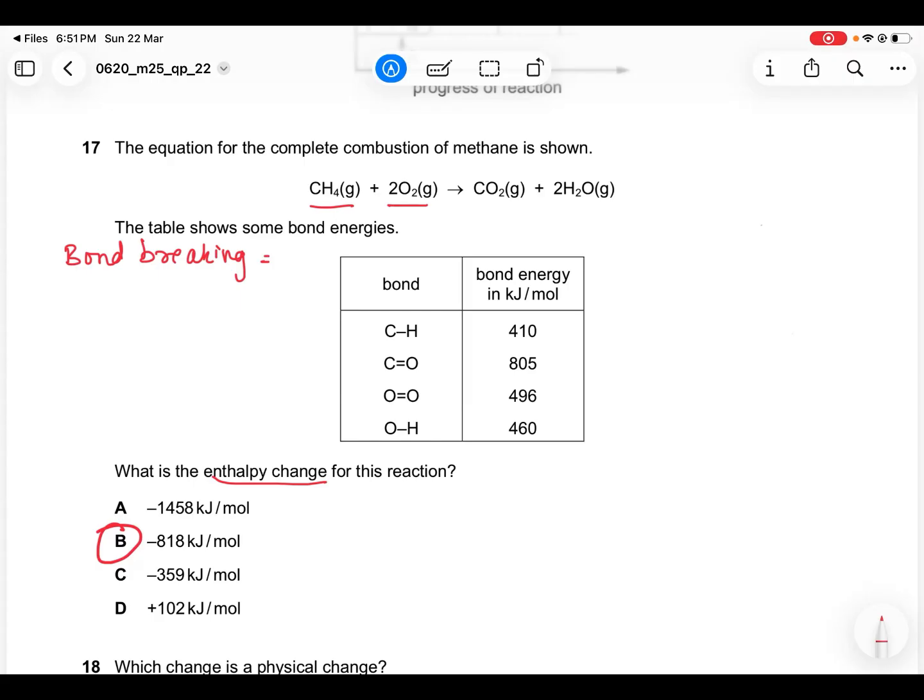In CH4 I have 4 CH bonds, so I will multiply 4 into 410. And in oxygen I have O double bond O, and I have 2 oxygen here, so it will be 2 into